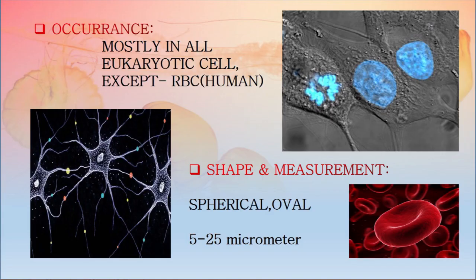Except for a few eukaryotic cells, all have a nucleus, generally placed centrally in the cell. Here the picture shows animal cells such as a neuron and a HeLa cell with a prominent nucleus. The nucleus can be stained with stains such as hematoxylin. However, mature mammalian RBCs, except in camel, lack a nucleus to transport oxygen in excess amount.